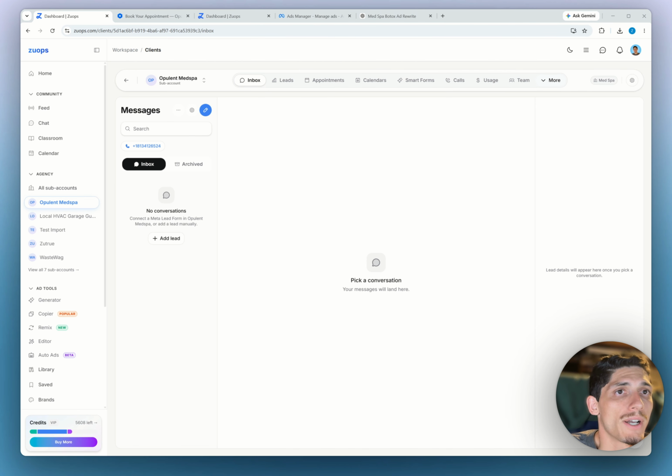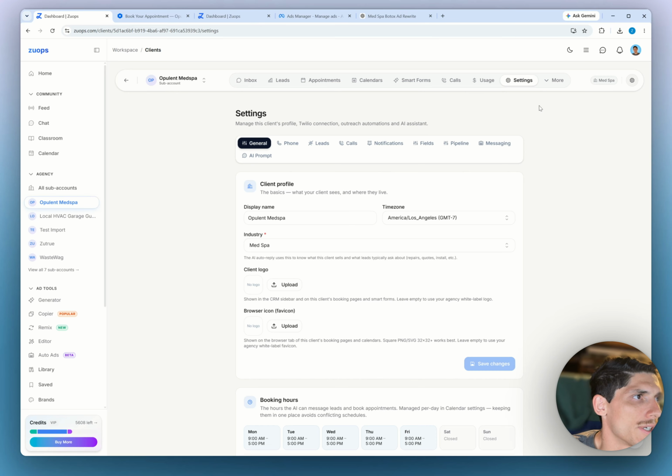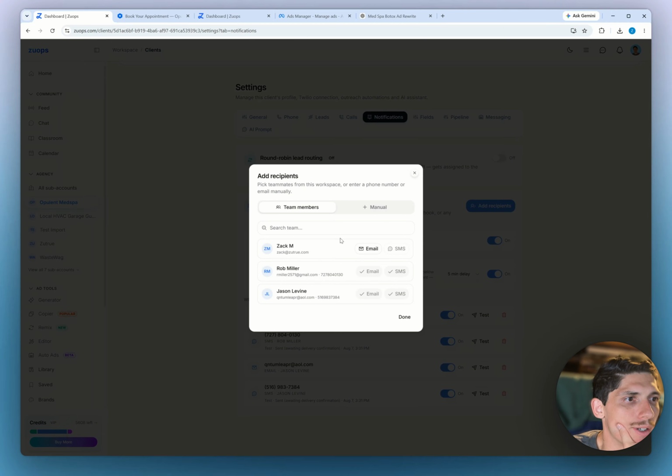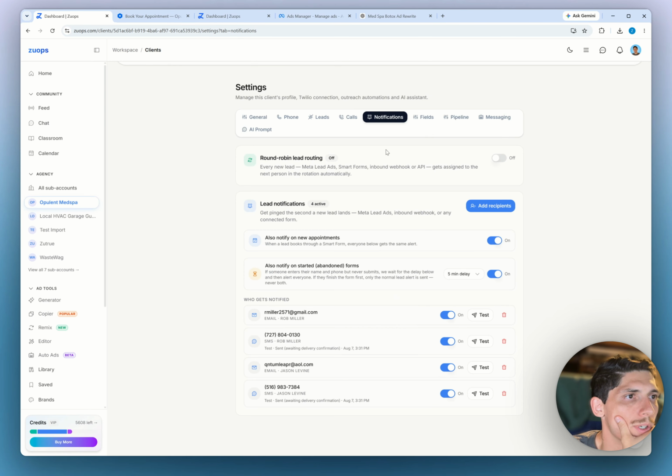Sorry, one thing I forgot. Of course, I forgot, right? You want to go to settings and you want to go to notifications and you want to make sure that everyone gets notified correctly of every lead and every email that comes in. So you can see right here, we're missing someone. So you want to make sure you come into notifications and that you can actually add everyone that should be getting their